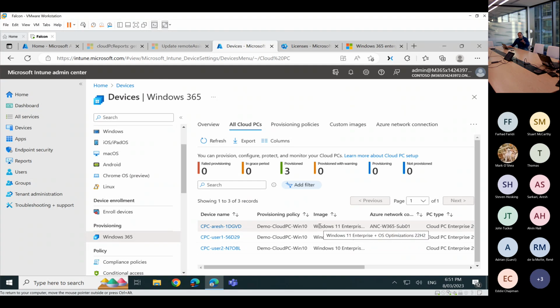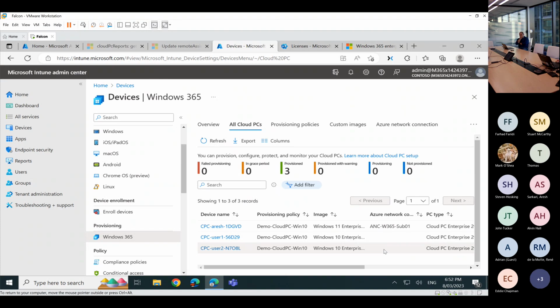Hence, I only have 3 cloud PCs at this point in time. And if you notice, and this is just what I was saying earlier, the first PC is my PC, and the other 2 are demo users. You would notice on the Azure network part, there's no network connectivity to those 2 desktops. That's what I was saying, that earlier on, I was using Microsoft Managed Network, so the whole onus was completely on Microsoft. I did not have to do any Azure integration or create a VNet or anything along those lines. And those particular 2 desktops are sitting there.